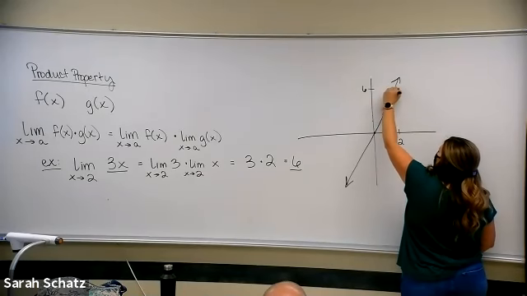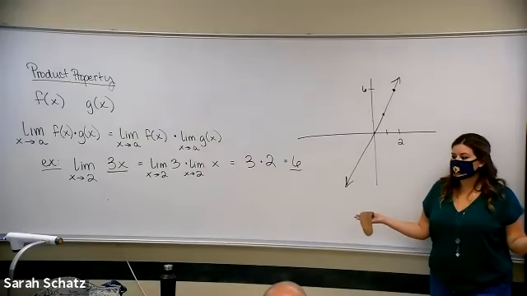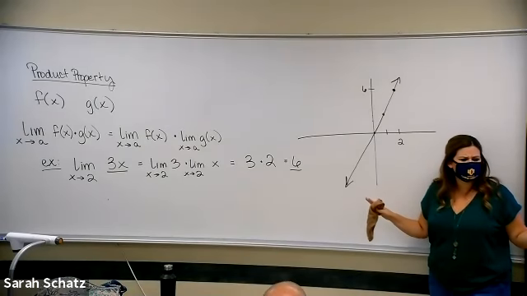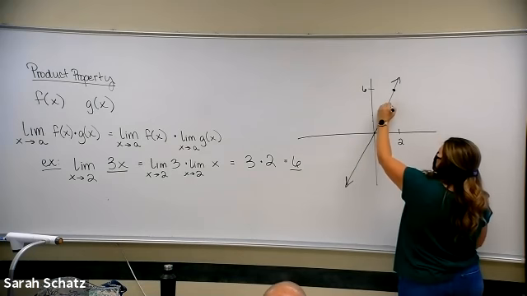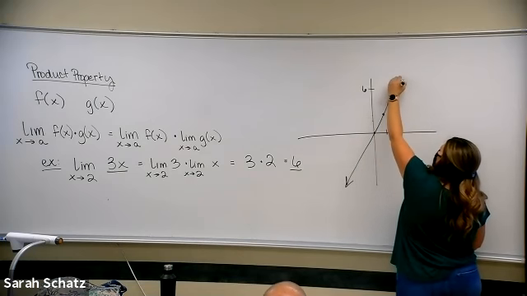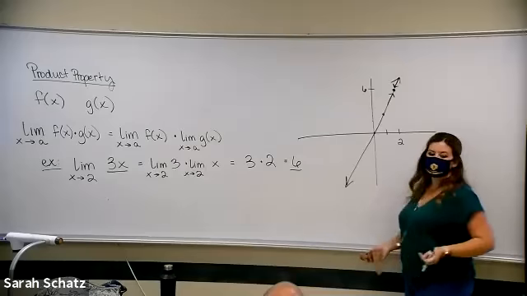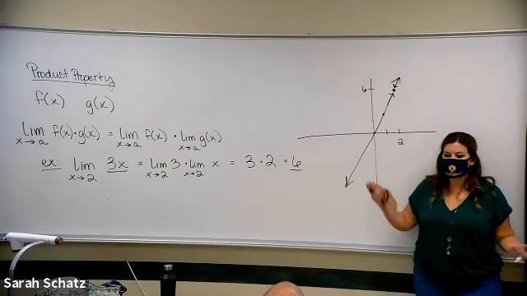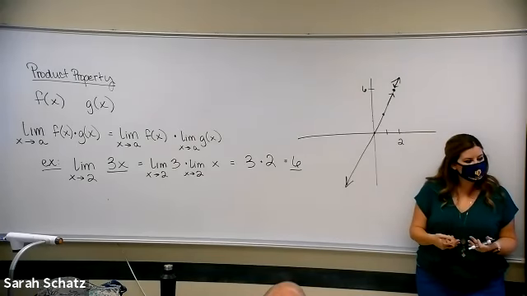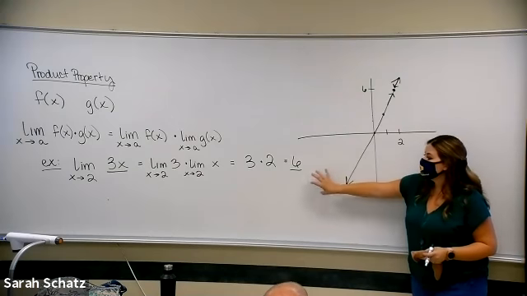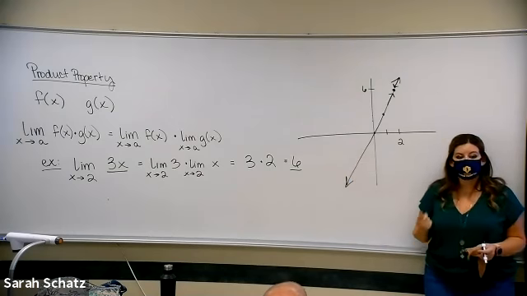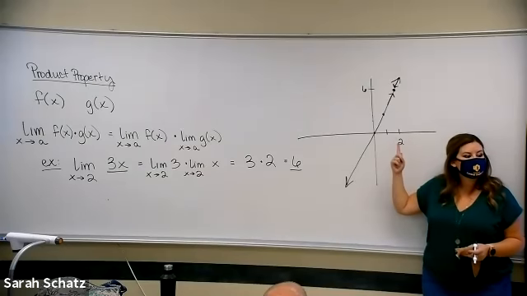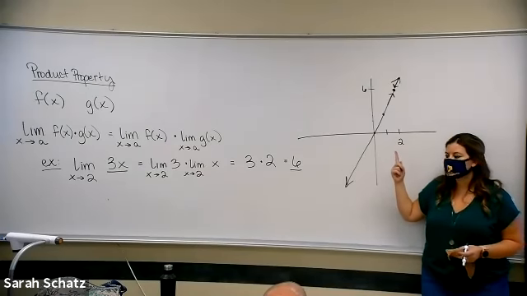So if you put a 2 in for x, you get 6, no matter what. Whether you're taking a limit or not taking a limit, it equals 6 there. The limit as x approaches 2 from both directions is also 6. Both sides are getting infinitely close to 6. The reason why these two values are the same is because my function is constant and smooth. It doesn't do anything crazy, right?